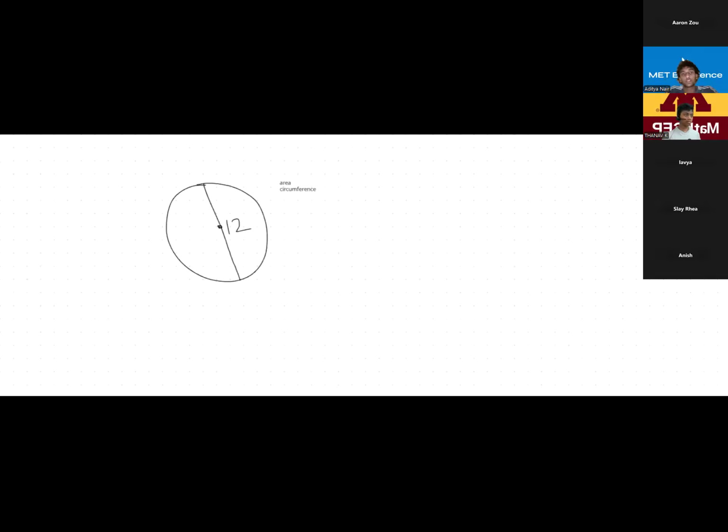So I'm gonna start off with the circumference on this one. So we know that circumference is 2 pi r or pi d. In this case, this line we're given is d, so we have pi times d is going to be equal to 12 pi. So our circumference is 12 pi. There's no need to double this one or anything because this length is the whole diameter, aka 2r. And then for our area, in this case, we have to divide this by 2 to get our radius. So we have radius is equal to 12 over 2 is equal to 6.